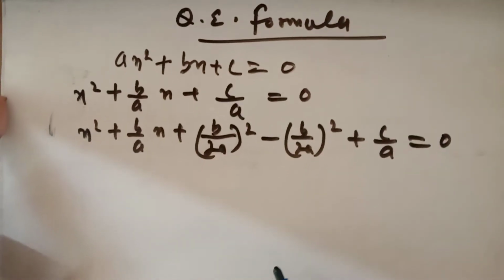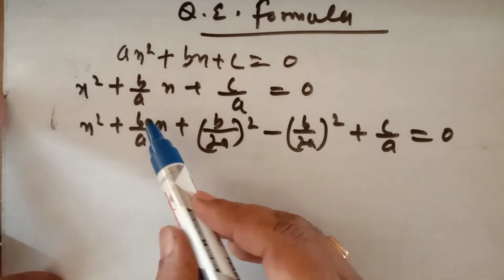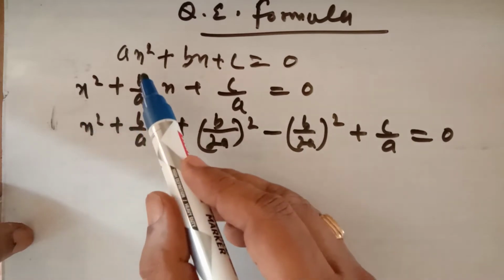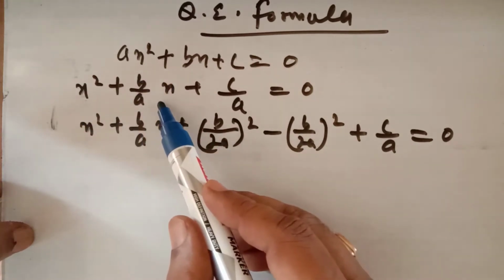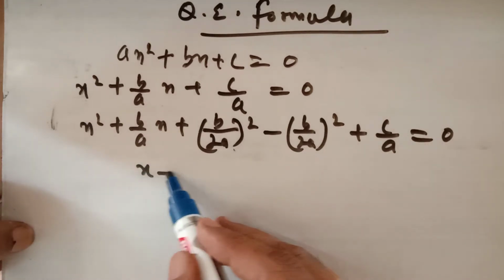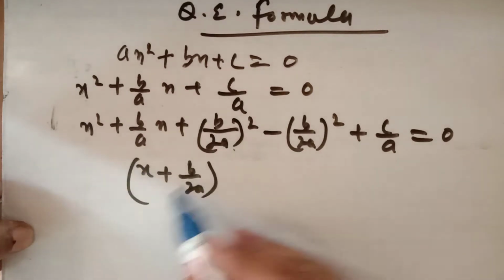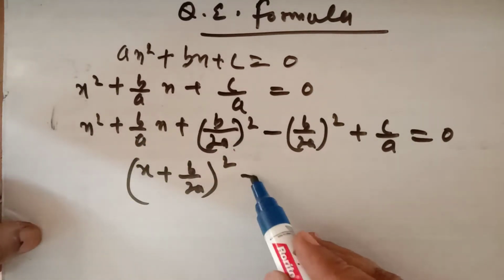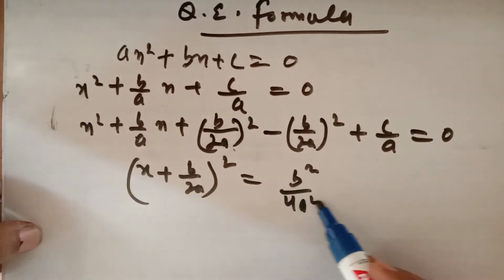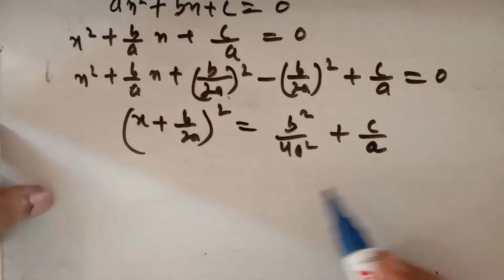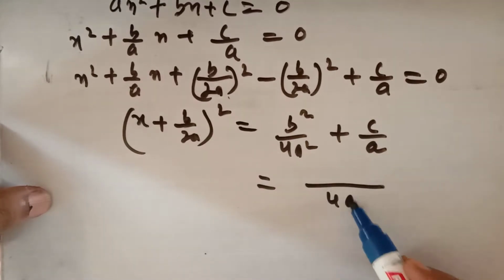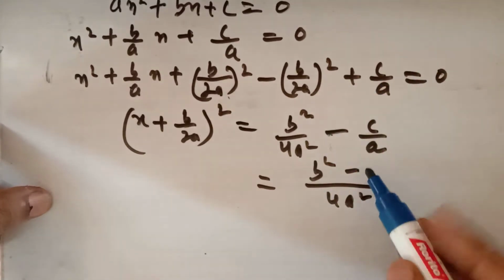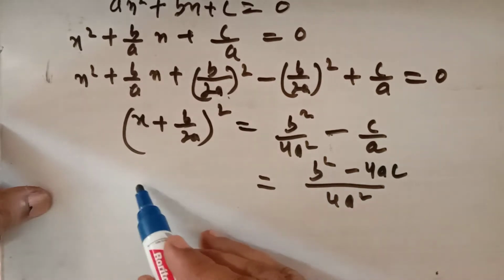I will do that after this. So always first of all make the coefficient of x squared as 1, then add and subtract the square of the half of the coefficient of x. In the first three terms you will get the whole square of a certain term, a square plus b square plus 2ab, and the rest you take to the right hand side. Now if you add it, the LCM will be 4a square, so it will be b square plus, though this will be negative, 4ac. Subtract it.